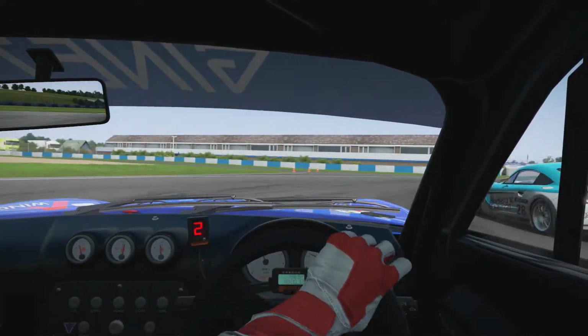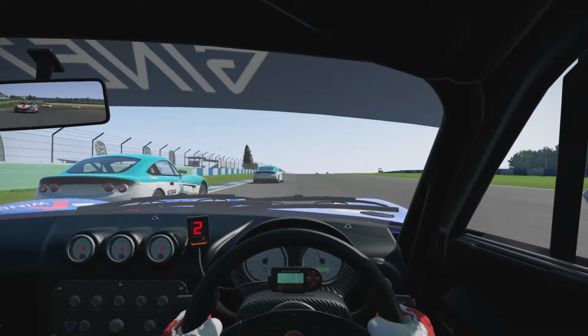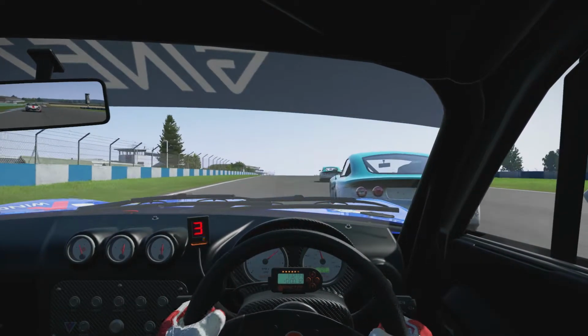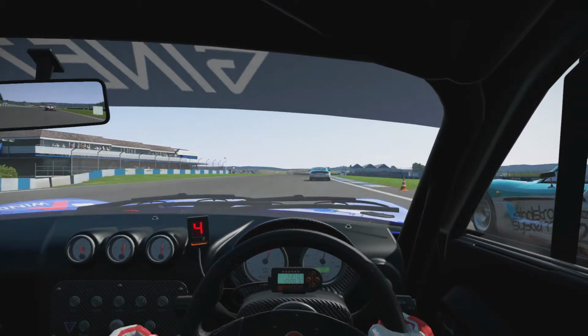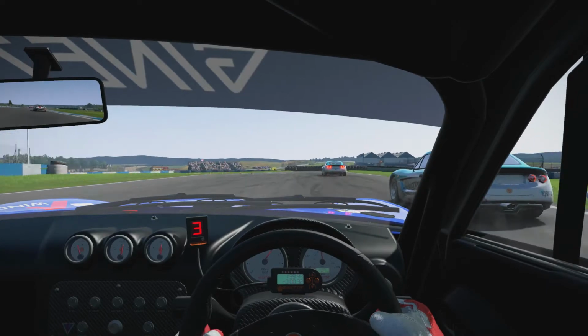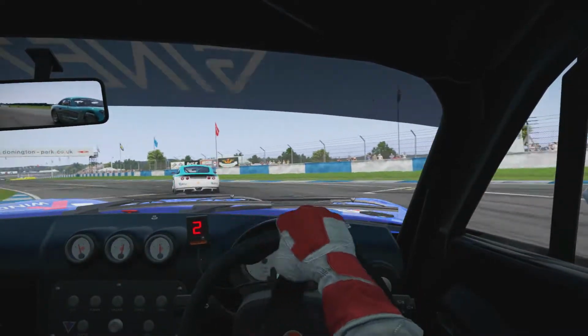So there you go, he's gained 4th position back. But we'll see if we can get up the inside of him on the final corner of the race. Positioning the car nicely up onto the inside. Braking slightly early there to try and keep a nice tight line through the corner there. And gain, there's the next position